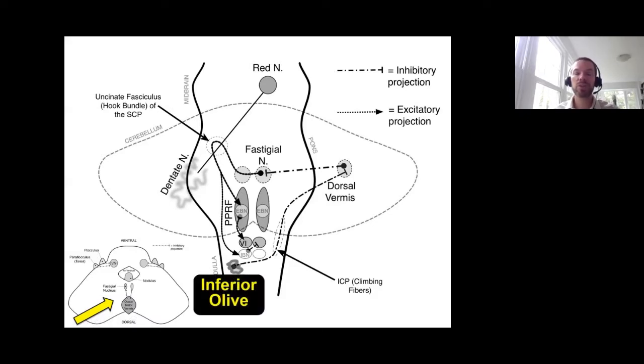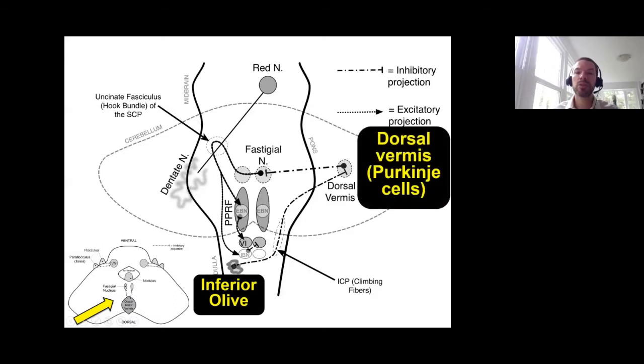So the main structures that we care about in the saccade circuitry, this loop, is the inferior olive. These fibers are going to decussate and climb via the inferior cerebellar peduncle to the dorsal vermis, where we have these Purkinje cells. These Purkinje cells are going to project onto the vestibular nucleus. The vestibular nucleus has